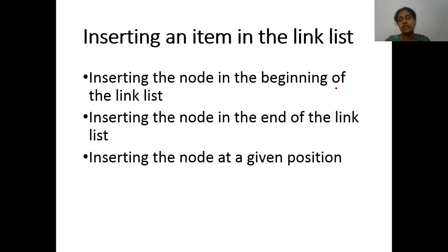The given position may be the second node or the fifth node. So what you have to do is move until you reach that particular position, then shift the nodes a little bit, just like an arrangement. Say you want to arrange a set of books. If you want to put one in the first place, you will push all the books and insert the book in the rack. If you want to insert it at the last place, that is easy. If you want to insert in the middle, you need to give a partition and put it there. Same way, insertion can be done in three ways: inserting at the beginning, inserting at the end, and at a given position. For all three we have algorithms.